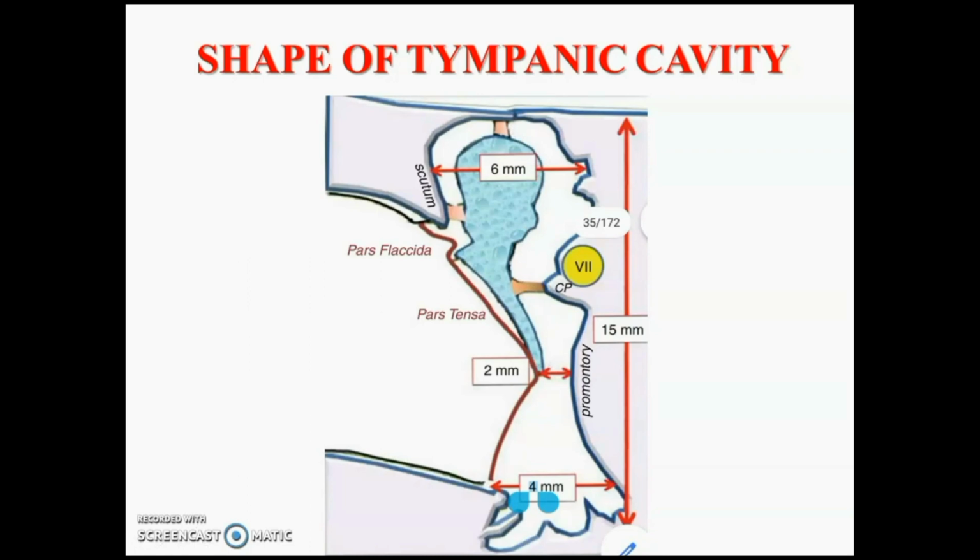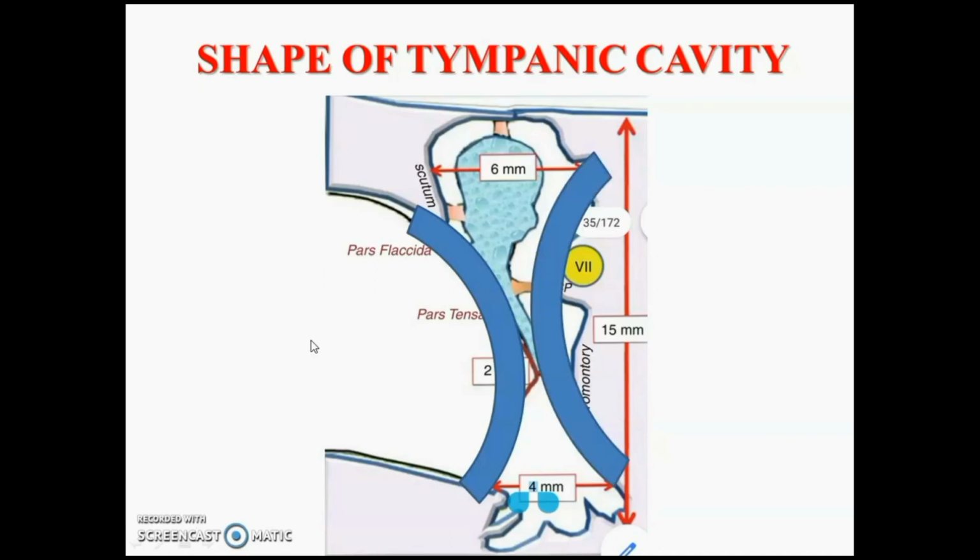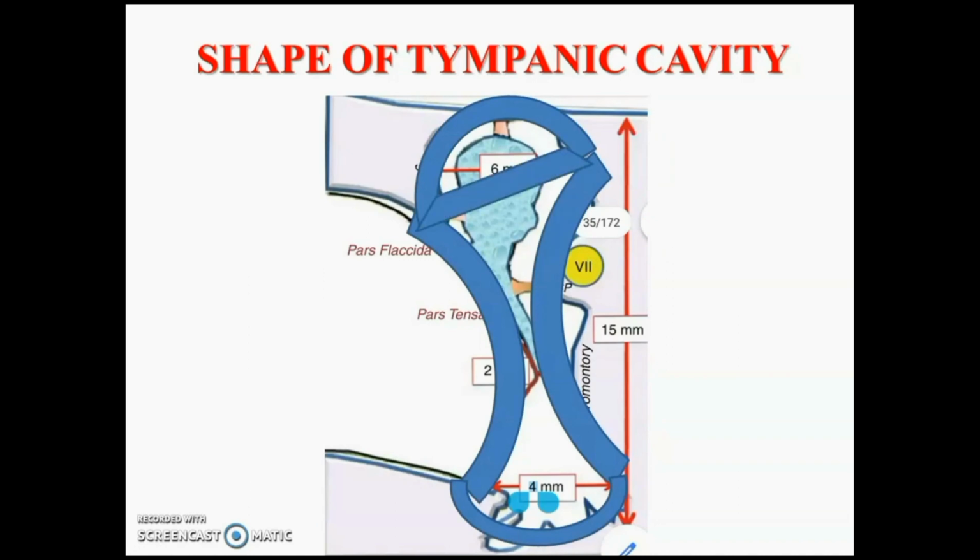Whereas vertical and anteroposterior length is 15 millimeter, that is lateral wall, tympanic membrane is there, medial wall is formed by the promontory, that is the bulge by the basal turn of cochlea of the inner ear, and above you can say tegmen tympani, and below the jugular bulb. And when you draw imaginary line from the roof and floor of the external acoustic meatus related to tympanic membrane, you will get epitympanum and hypotympanum respectively, and mesotympanum exactly medial to the tympanic membrane.